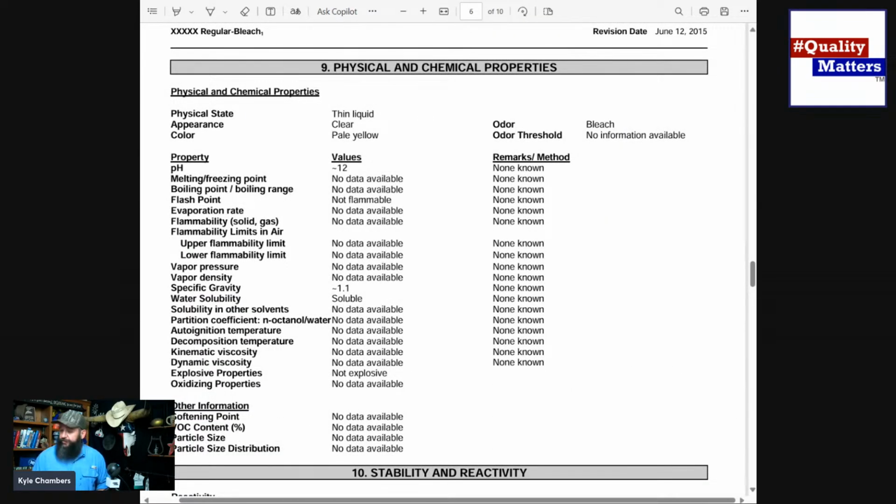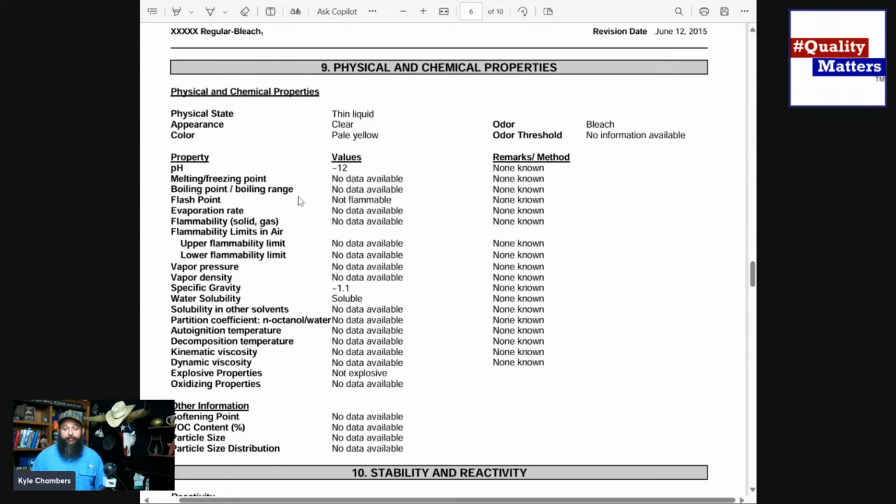Oh my gosh, they're going to go into all the detail that we need on here. From its melting point, boiling point, vapor pressure, specific gravity, you're going to get the works on it. Now, for an average person on a day-to-day basis, do you need to worry about this? Nope. But if you're dealing with some really nasty stuff and you're not working in a nice, clean lab environment,